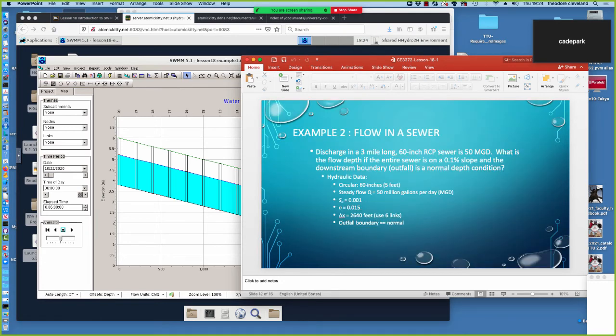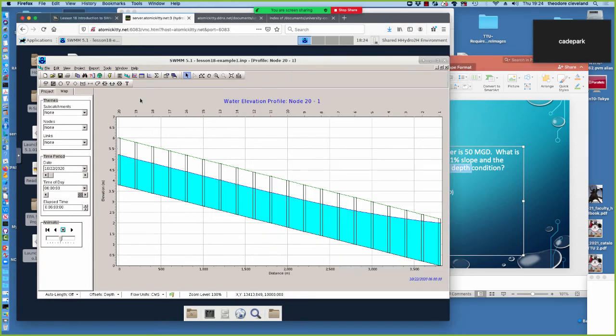So our next example is a flow in a sewer. So this is very much the same thing. The only difference is the geometry. So 3 mile long, 60 inch, 50 MGD, 1% slope. We'll specify the outfall as normal depth, and we want to see what the sewer looks like. Our design question is, can a 60-inch sewer actually accommodate that flow? And so to do that, we would build a similar model. I'm going to cheat